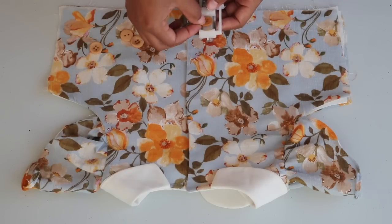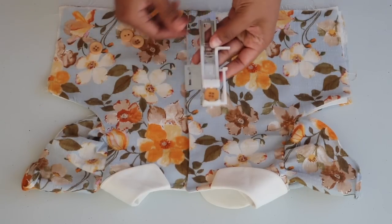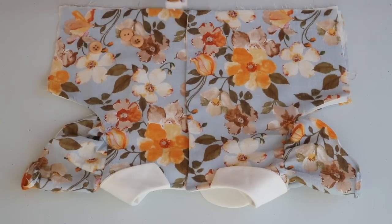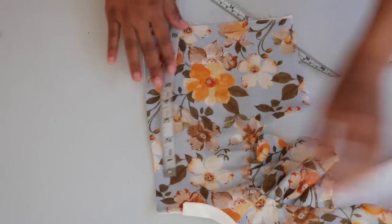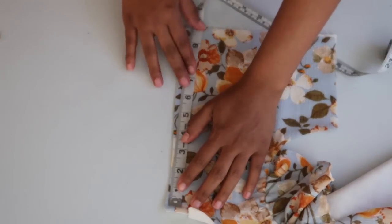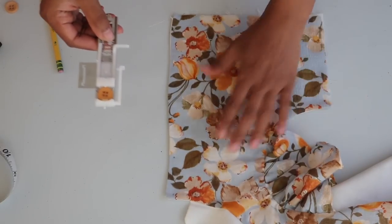I prepare my button with the attachment by inserting the button of my choice and attach that to the sewing machine. On one side of the opening, I measure in 2-inch increments starting from the top neckline and mark at each point. Then I sew a buttonhole at each point for a total of 4